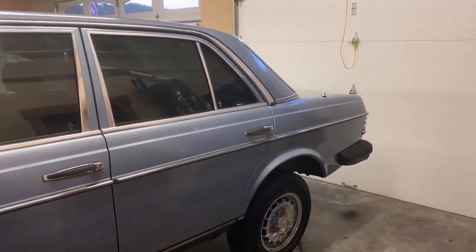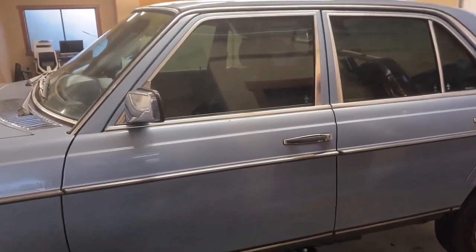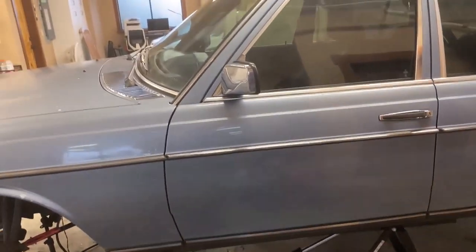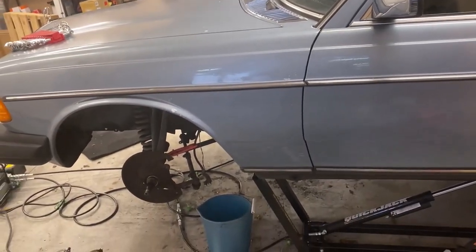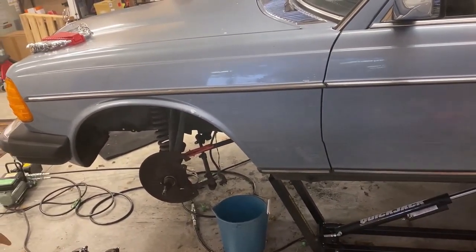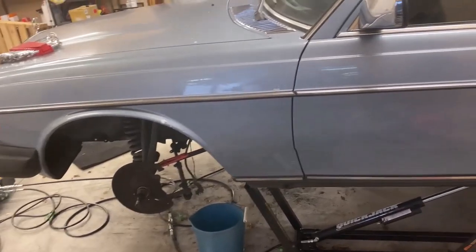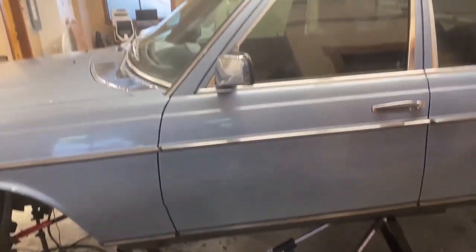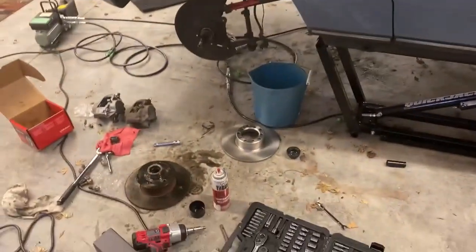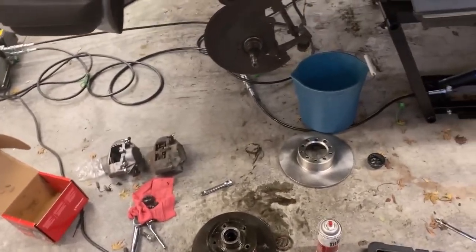So just a quick update on the blue 79 300D. We were out a couple days ago and the brakes had started to pull pretty hard to the right as you hit them, and then the brake wear sensor came on. So I decided if we're going to do it, we're going to do it right and get the brakes all torn down and replace the rotors and replace the calipers and, you know, kind of do all the necessary